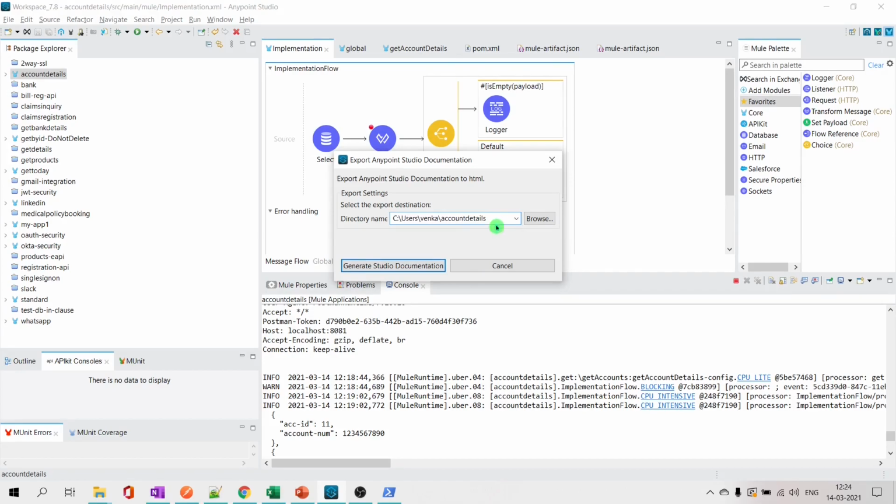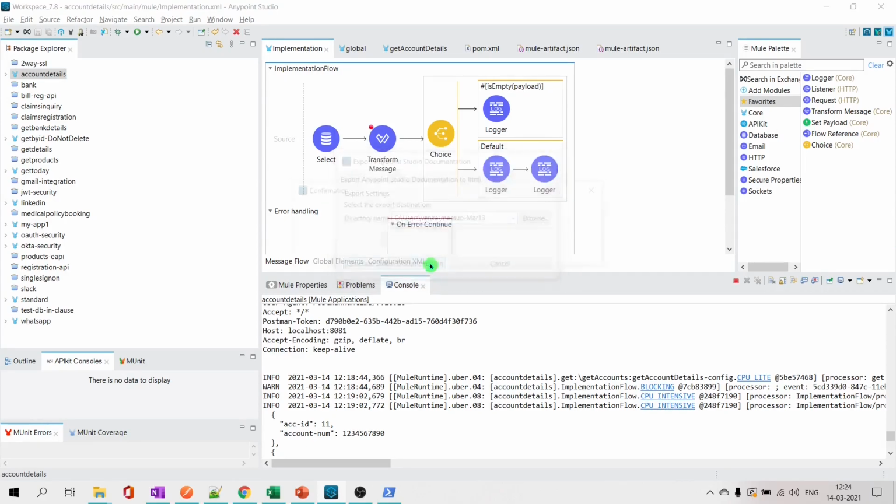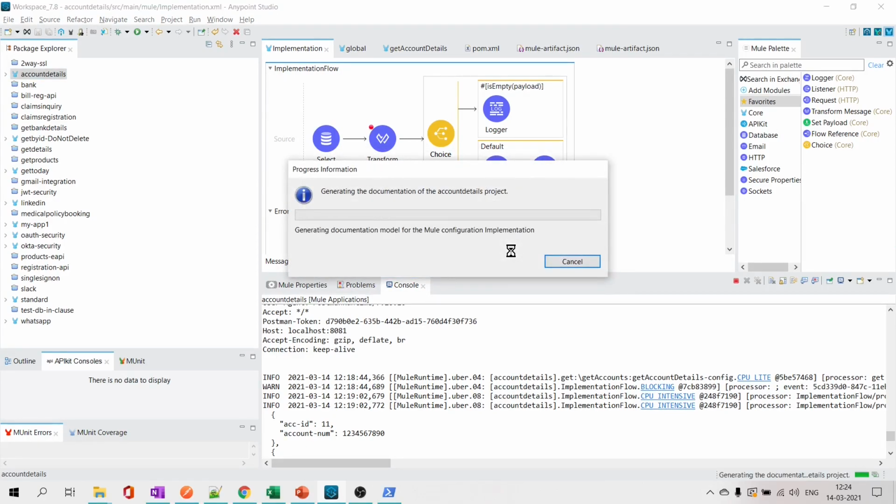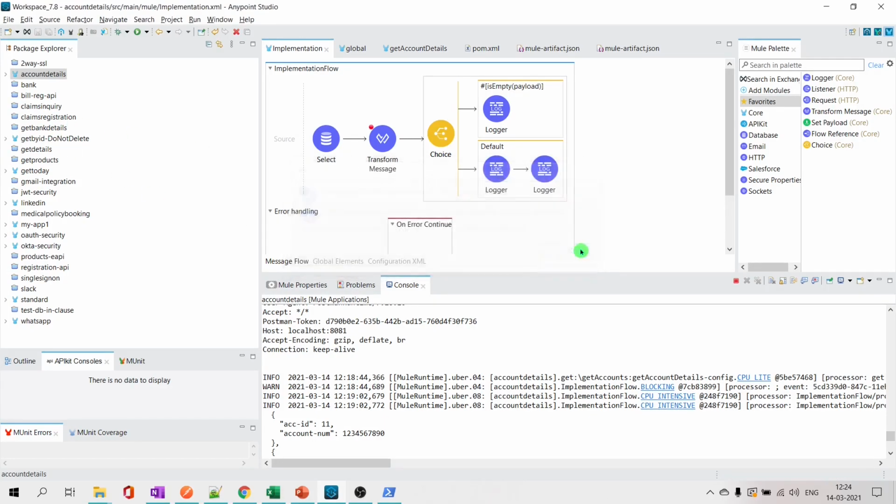So location will be, let me call it meetup March 13. In this folder, it will create some documentation. We'll see what it creates and how to use that. It creates some files based on this project, which will be useful for us.